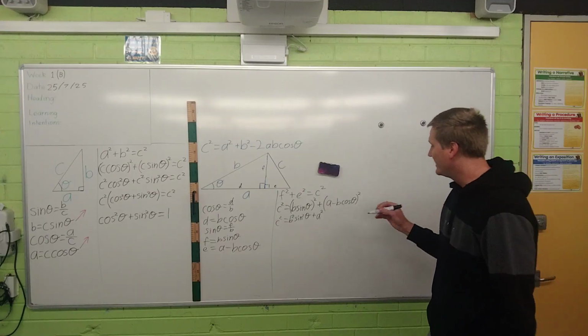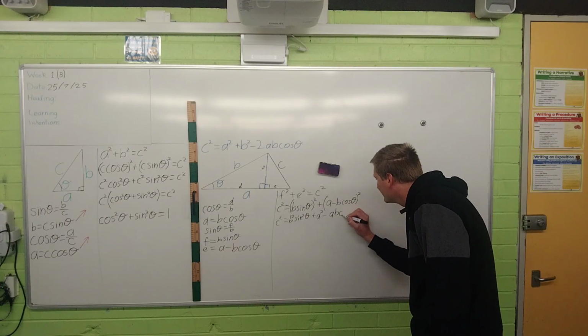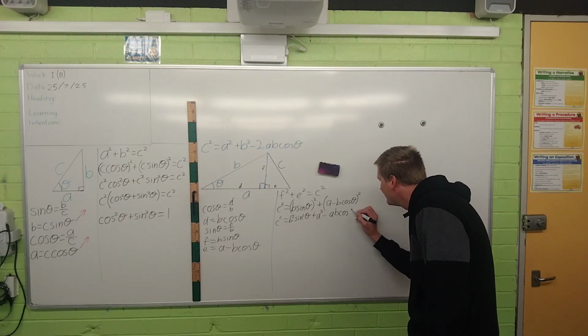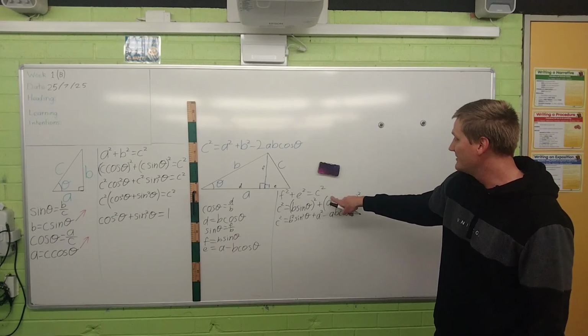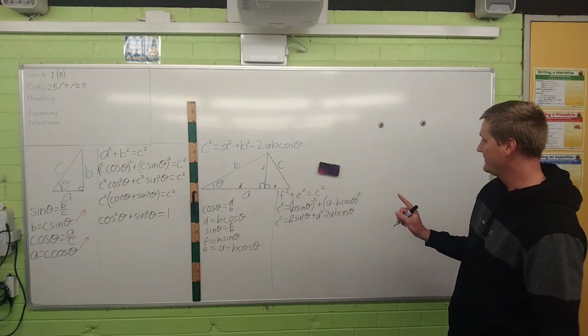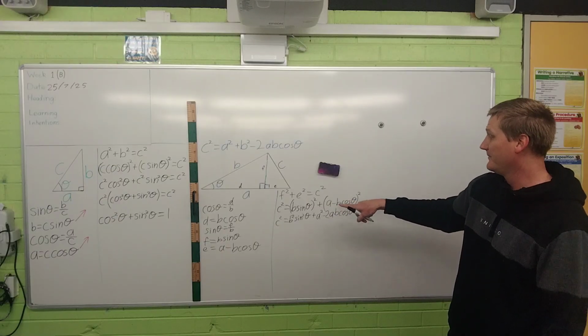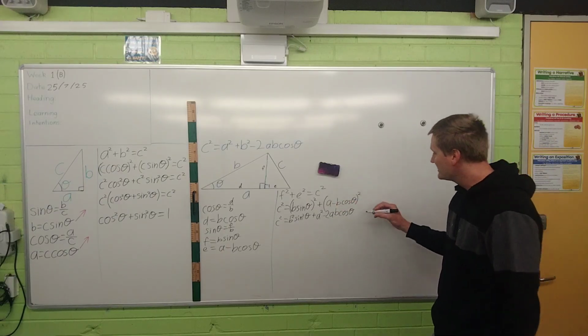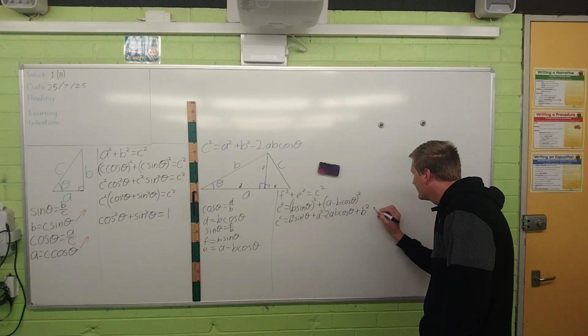A times negative B cos theta is negative A B cos theta. And then we need to do negative B cos theta times A, so that's just another one of those, so we'll make it negative 2AB cos theta. And negative B cos theta times negative B cos theta is negative times negative is positive, so it'll be plus B squared cos